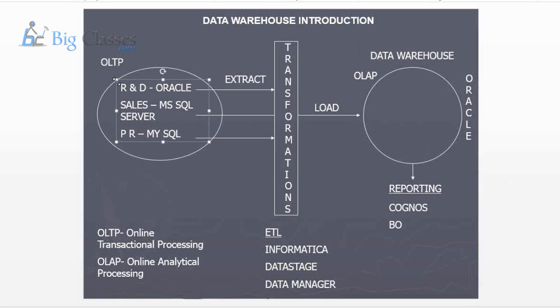Normalization, we say like 1NF, 2NF, BCNF, 3NF, 4NF, like that. Okay, leave it, not required for us. Anyhow, these are normalized systems. Why normalization? As per the definition, normalization is a process which increases the database server performance by reducing the redundancy. So these OLTP systems are normalized systems, whereas OLAP systems are denormalized systems.